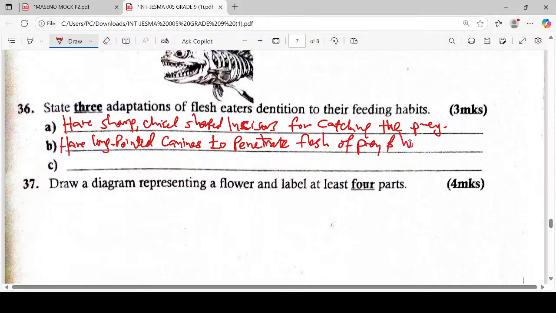And then I can talk about the spacing of the teeth,